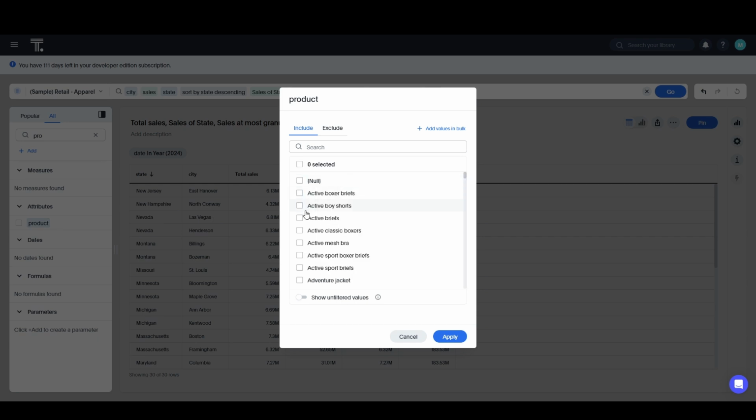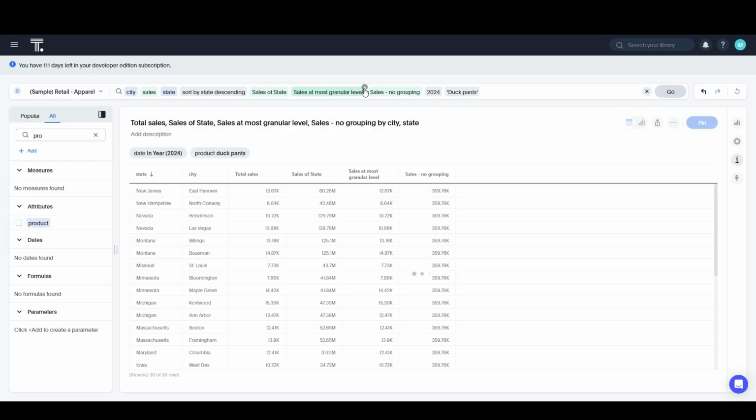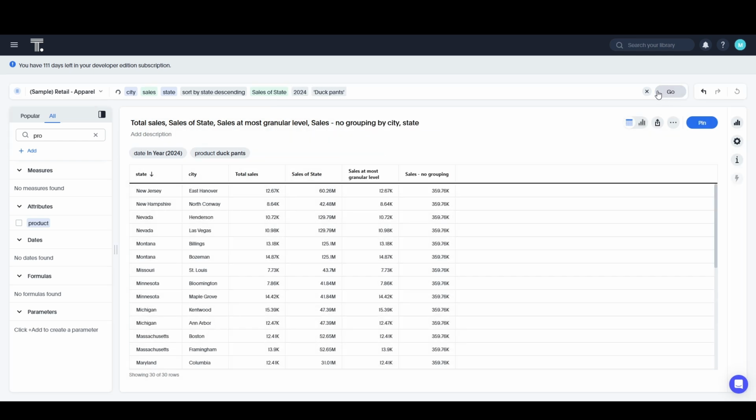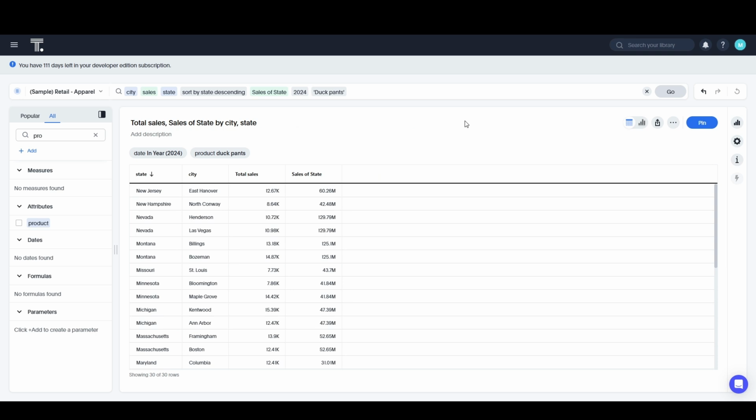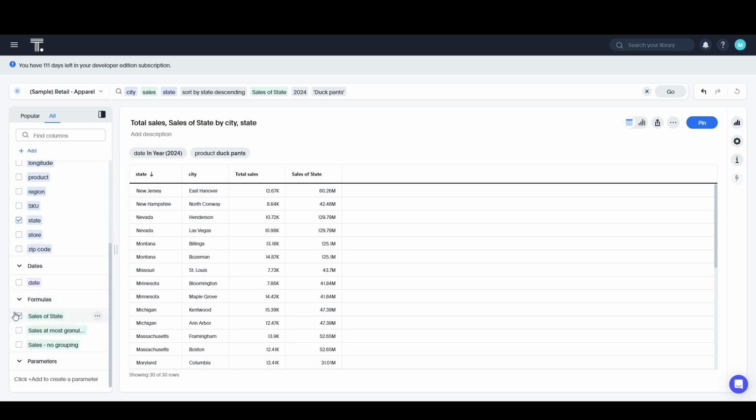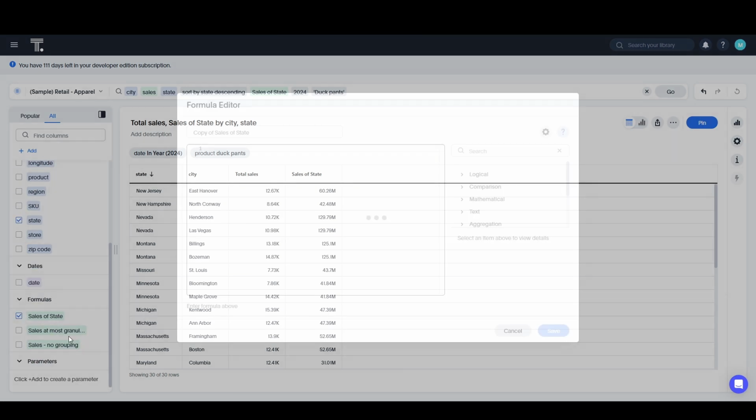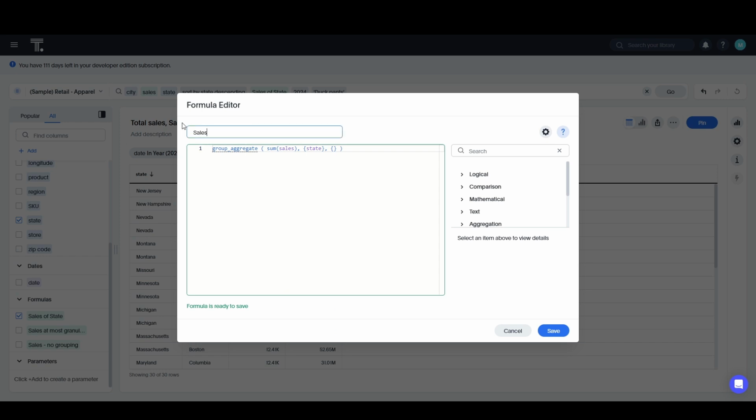So let's filter for product, say duck pants, and also let's remove some of these existing ones. After I filtered for duck pants, you would see this total sales is filtered only for duck pants, but the sales of state really is not filtered for duck pants. Let's remove sales of state as well. Let's make a copy of this. Let's call this sales of city, or sales at the most granular level,